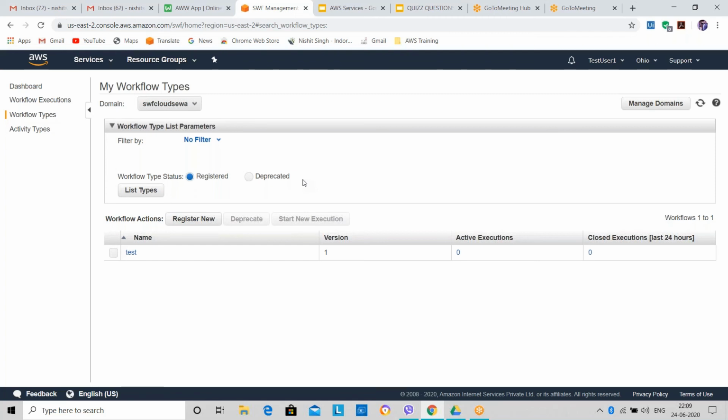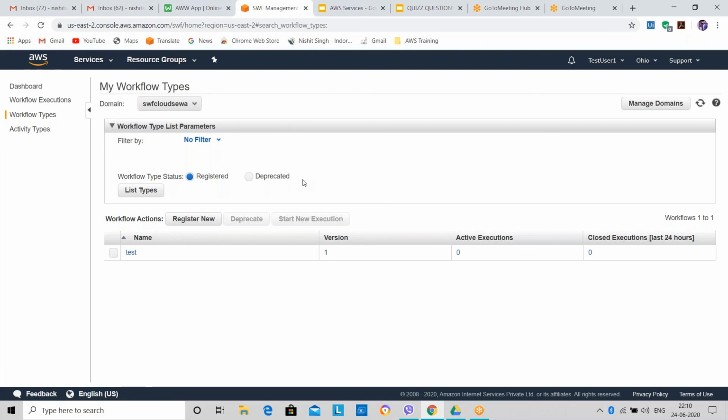You are sending your data from S3 to S3 Glacier, so you will create a workflow of that, and then you execute it. It will track the record, or whether the workflow is correct or not. It is not executing or performing your task. It is just tracking your records.